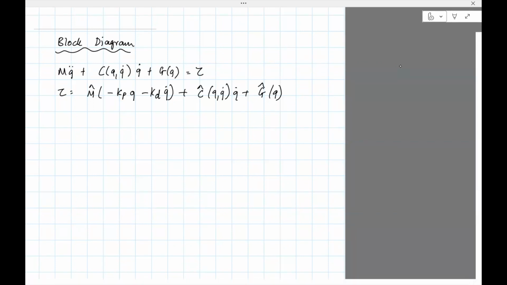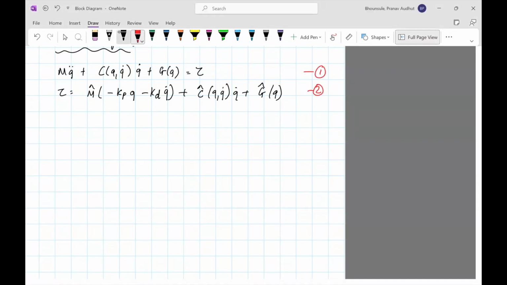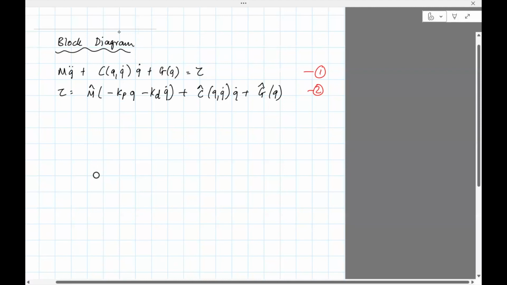So the block diagram is basically something which shows how these two equations are related. Okay, so what we'll do is